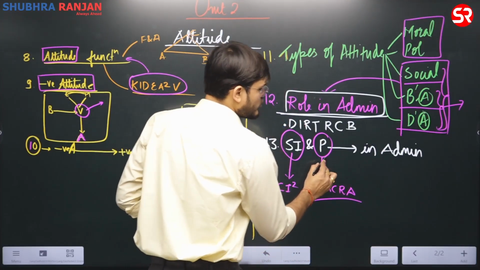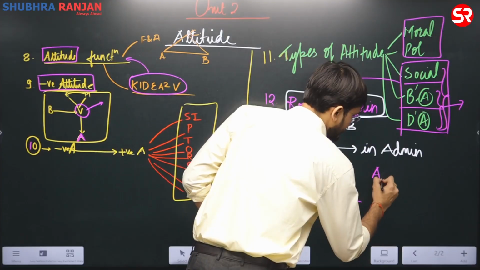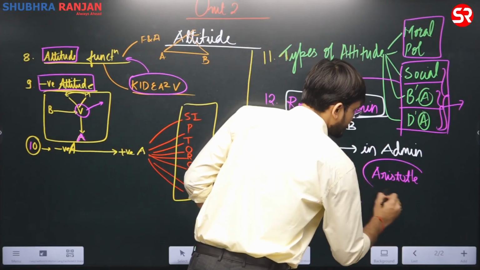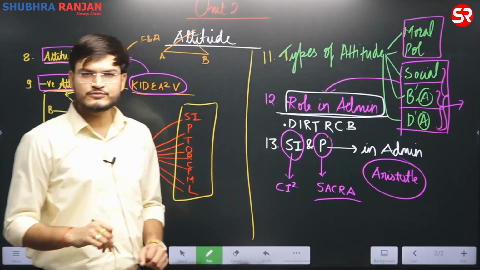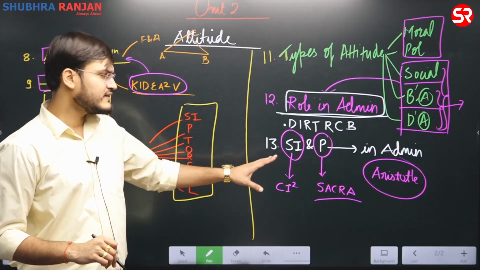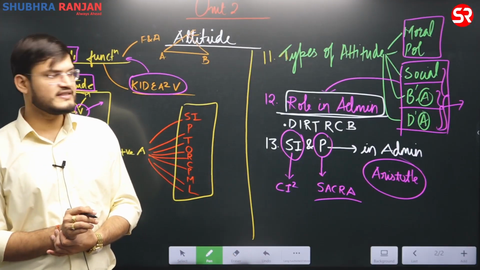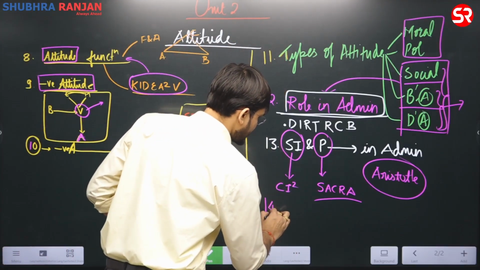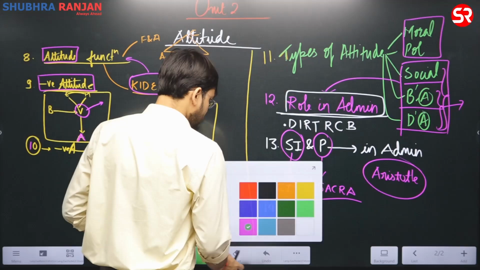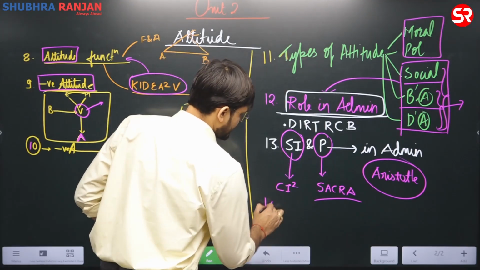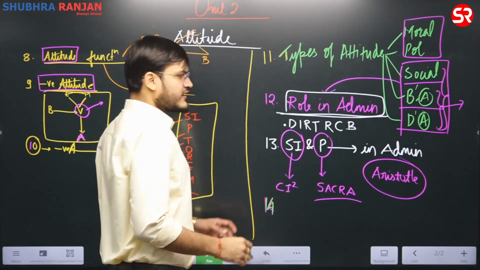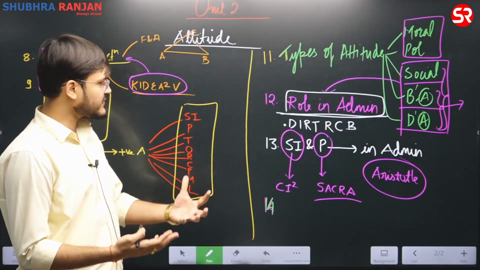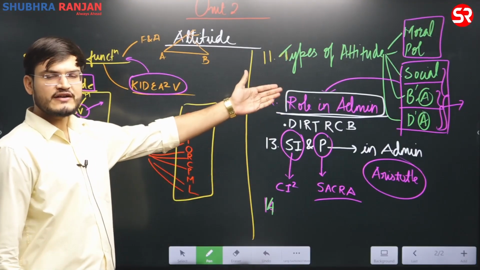And thereby you will also be taking the help of Aristotle here. Aristotle, through ethos, pathos and logos, tells that character is the most effective means of persuasion. Such type of questions will be asked. So what we are saying is that they can ask questions from this particular aspect as well, for example, the role of persuasion, the role of social influence in administration, and various types of attitude and their role in administration.